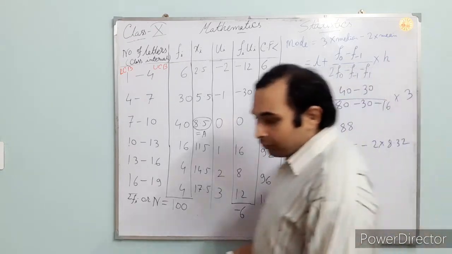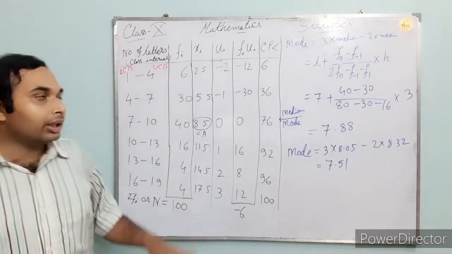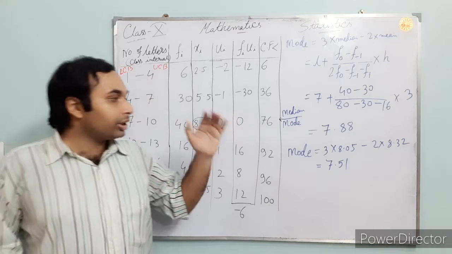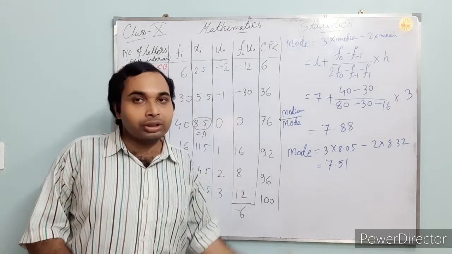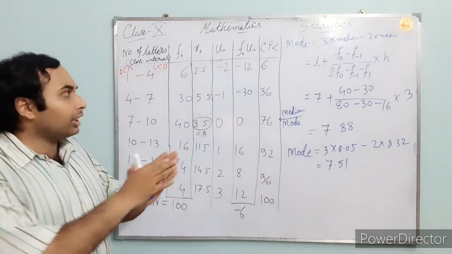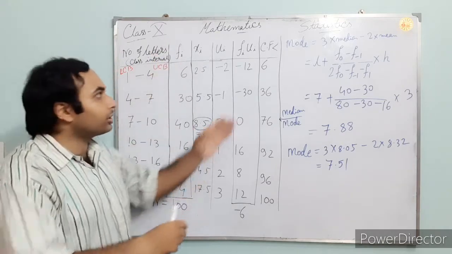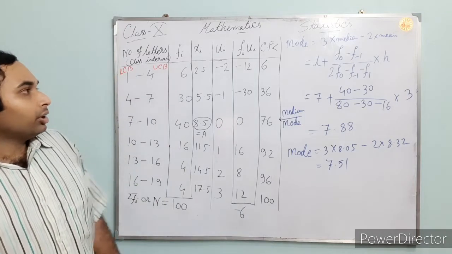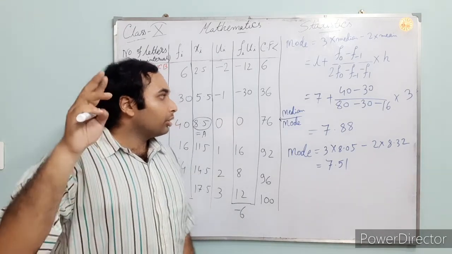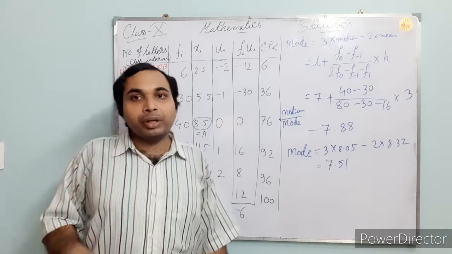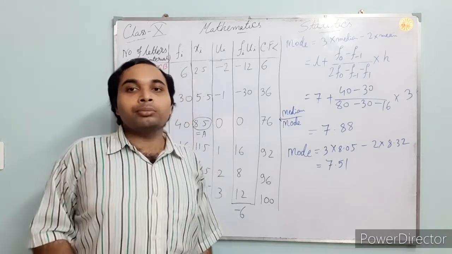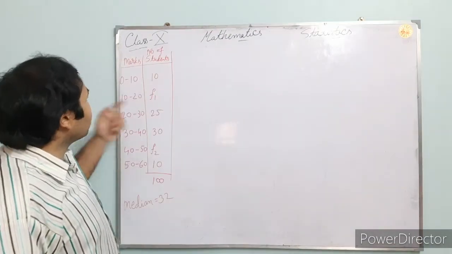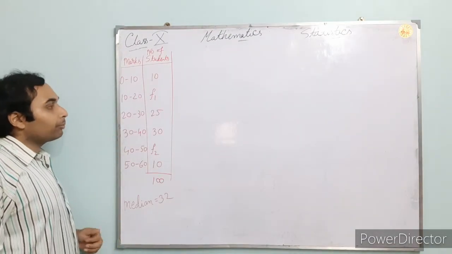Okay, so we have found the mean, median and mode by the step deviation method. I am not showing you the direct method or the assuming method. You can follow your book and learn from there. The same process, whatever we have done here, only 2 columns we have done extra. Okay, so let us solve one example, the type that often comes in the exam. Let us do this example.